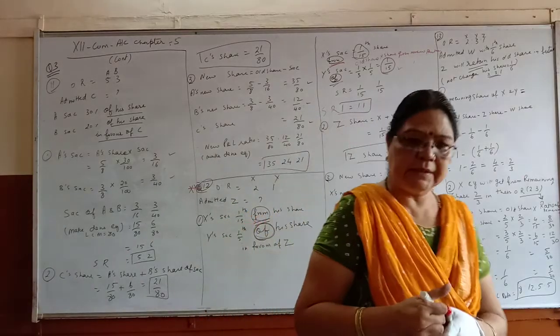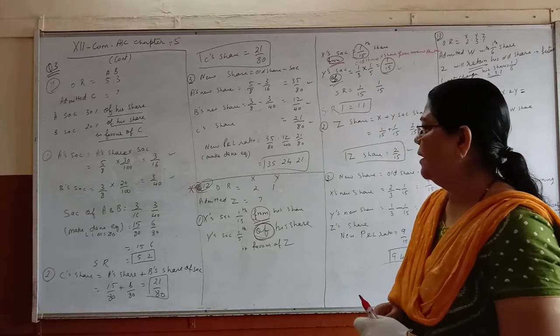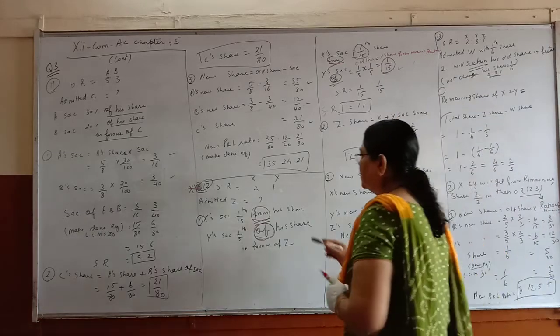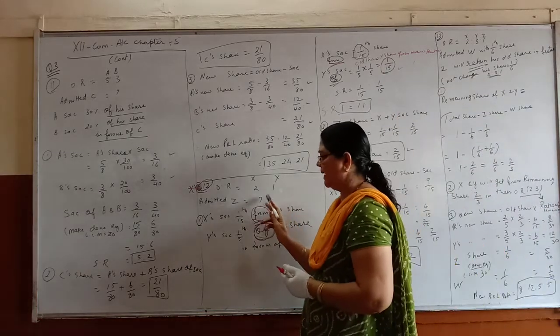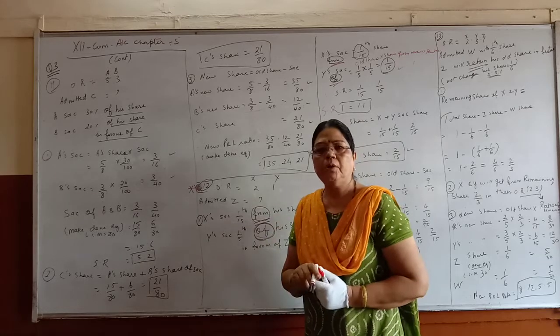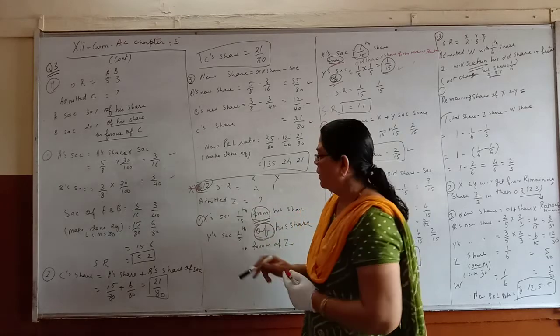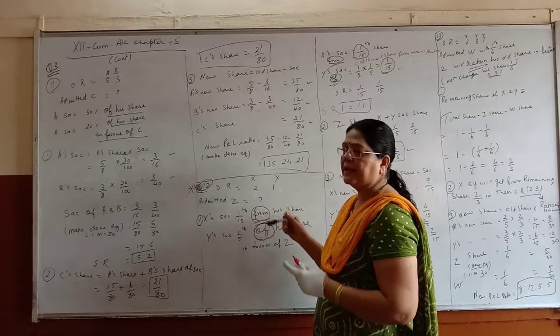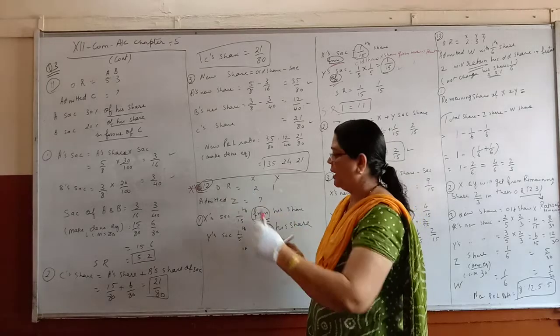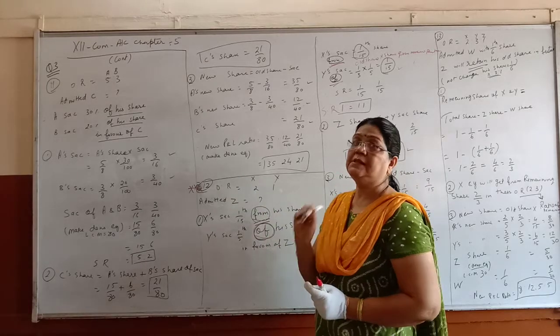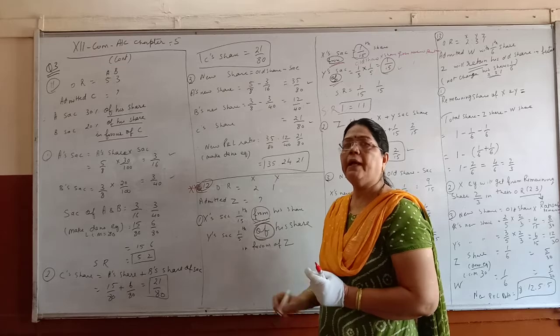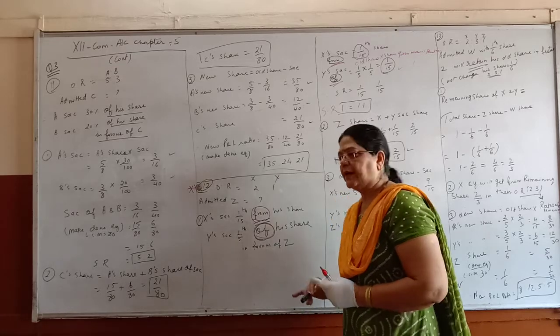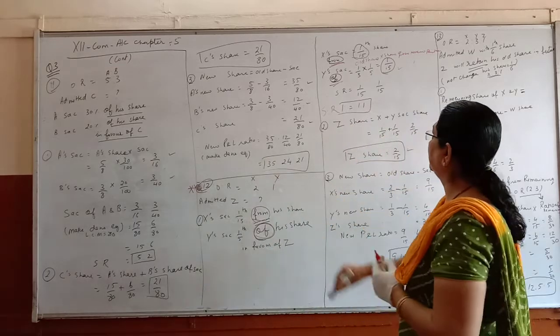So this is the sum in which again we have to find out the share of the person who is admitted. But here the important point to remember is that from his share means direct from his share is due. And here of his share means you have to multiply and find out the sacrifice. So this is about question 12.